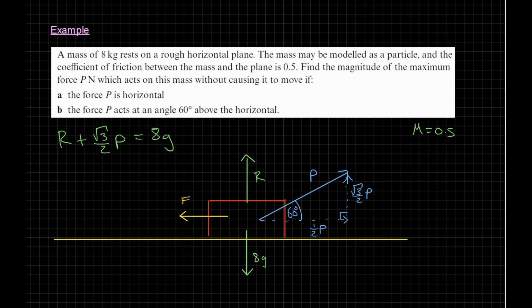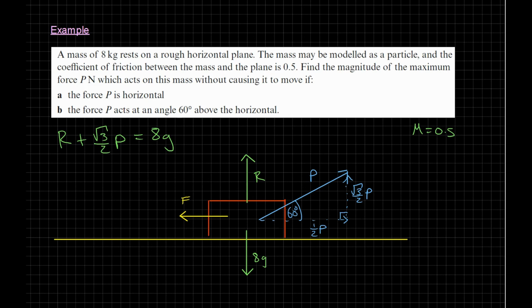So remember, we're trying to find the largest value for P such that the box doesn't move. So in other words, the horizontal component of P is going to be F max. Right? So not P is F max, the horizontal component is F max. The reason being that friction always acts opposite to the direction of motion. And even though we're applying this force P diagonally here, the object is still going to be moving to the right. It's not coming off the surface. Okay,